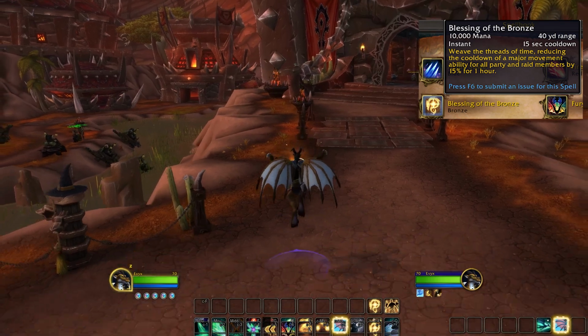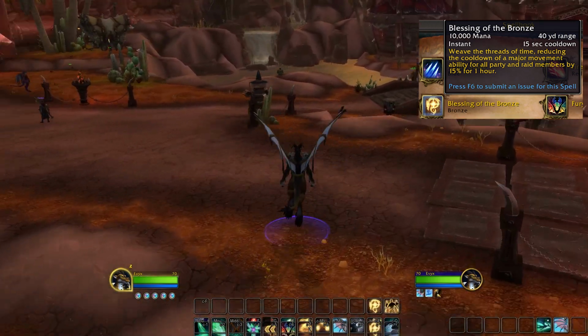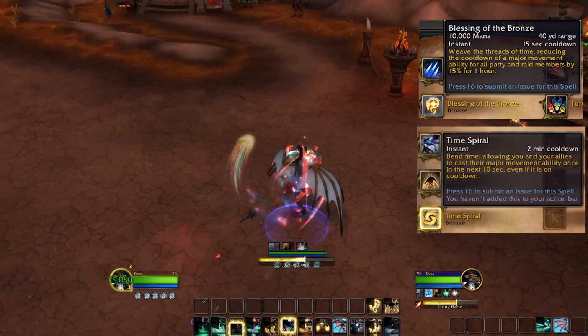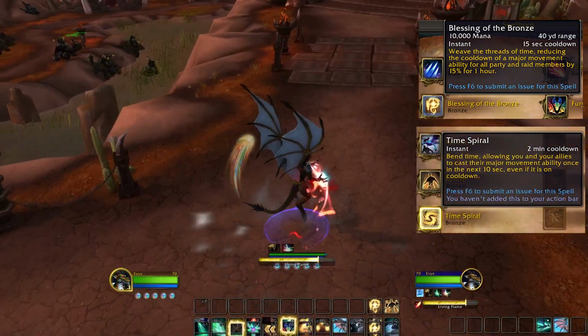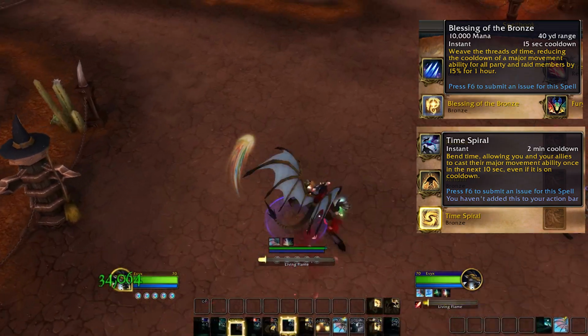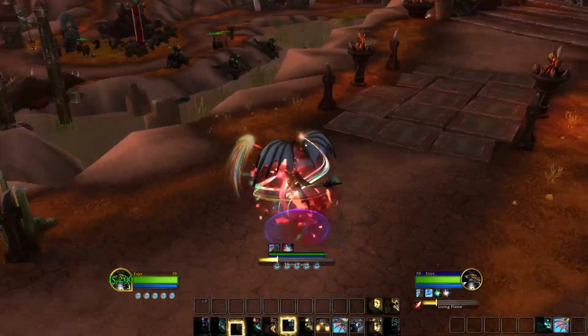Blessing of the Bronze is insane. Just for you existing in the party, you give this buff to everyone, and you can pop Time Spiral whenever. It just gives everyone their movement ability, and it's utter madness. Now, the second big point after mobility and the buffs is that they quite literally have given the Evoker Astrologian's